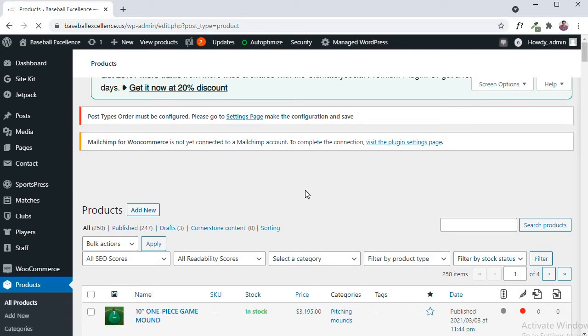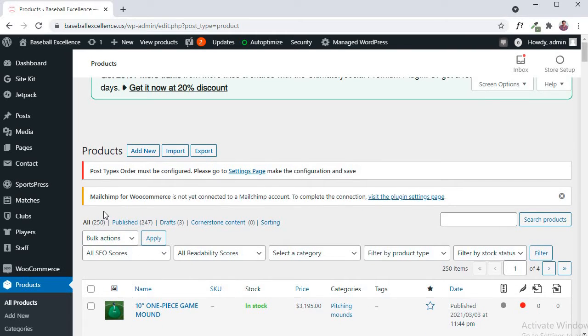Once you click on that, you get a list of all our products, around 250 products, and from there you can see something called select by category.